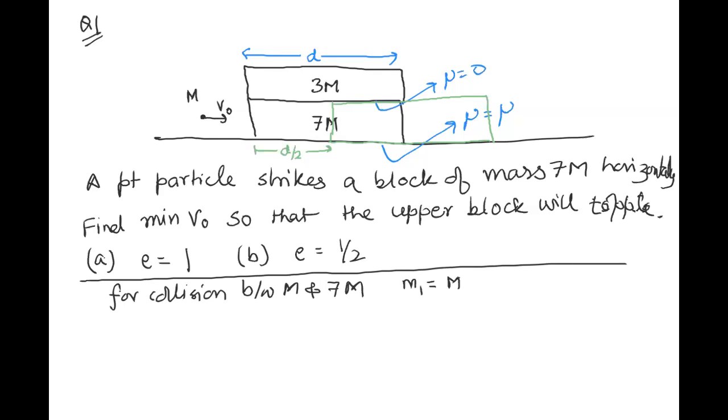M1 is equal to M, M2 is equal to 7M, V1 is equal to V0, V2 is equal to 0. I'm only interested in finding V2 prime if P is equal to 1. So V2 prime will be equal to 1 plus E, 1 plus E M1 divided by